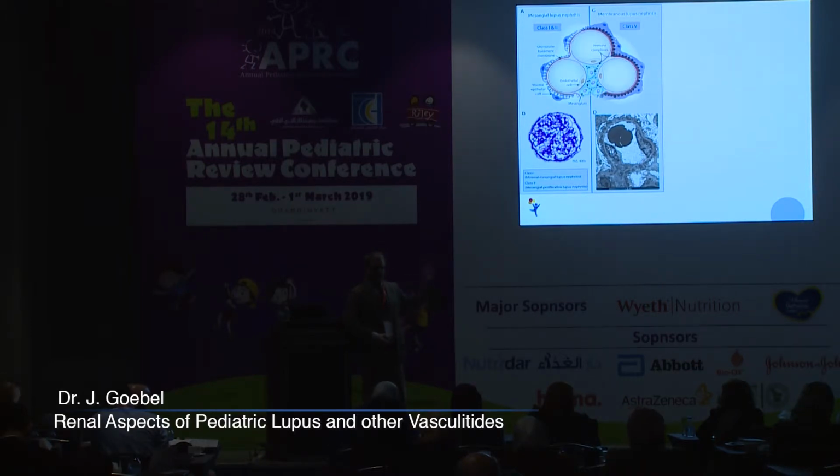And when I say type, we usually use the WHO lupus classification 1 through 5. And it's important to get that information with a biopsy because that affects therapy. The milder forms of lupus nephritis, class 1 and 2, are shown here. Class 1 lupus nephritis is basically almost like minimal change disease, very normal glomerular and vascular findings, maybe a little bit of mesangial cell proliferation that then in class 2 nephritis becomes a little bit more pronounced. The mesangial proliferation does, but no deposits or anything like that that we'll see in the more severe types of